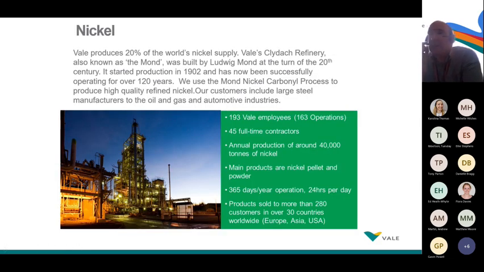So just a little bit about Clydach and base metals. Vale as a whole, we produce around 20% of the world's nickel supply, and we are one of those refineries that makes nickel here. We were founded in 1902, so we've been operating here for 120 years, and we use the modern nickel carbonate